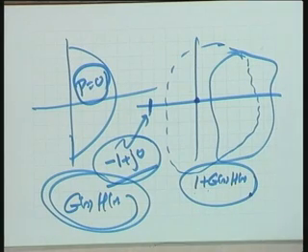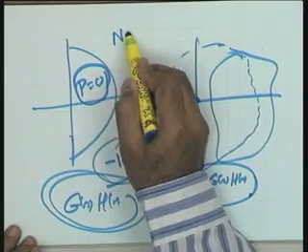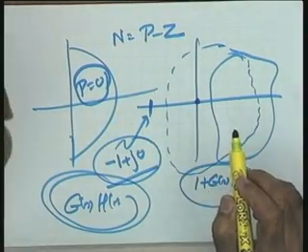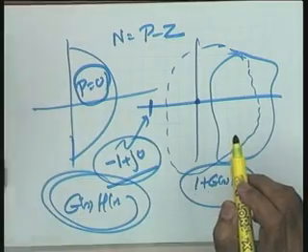This is the crux of the total criterion, and our additional lectures are going to be based on this criterion only. And how about the other case? You see, if there is a case of open loop unstable system, N is equal to P minus Z. What is the condition of stability? Statement, please, you give me the right statement.